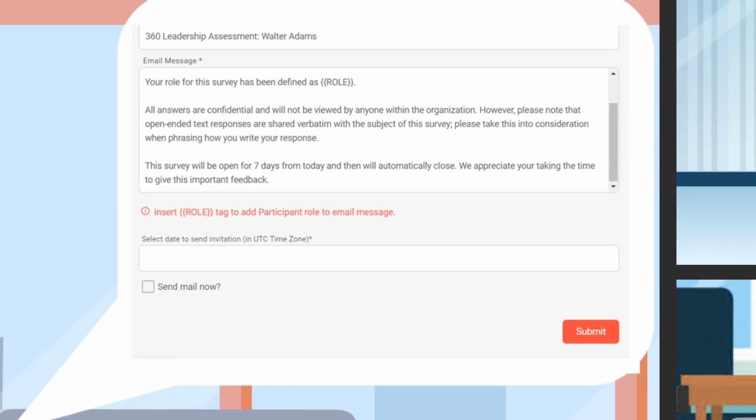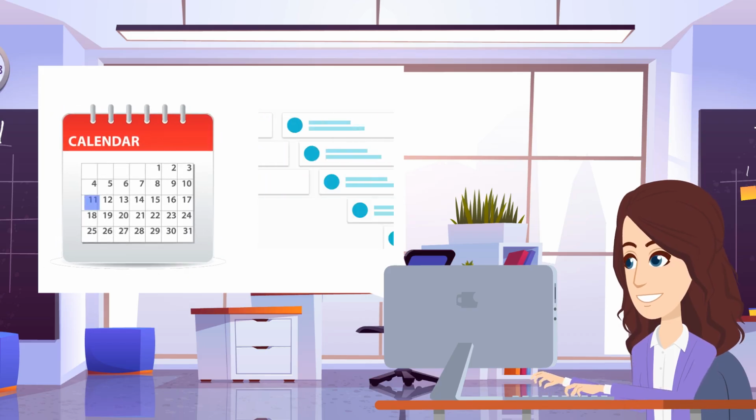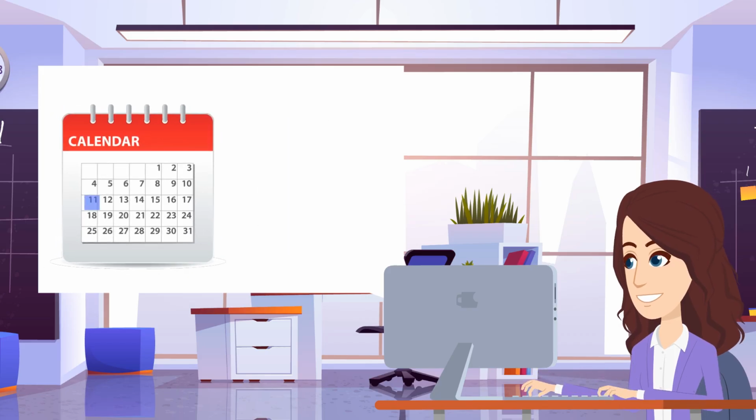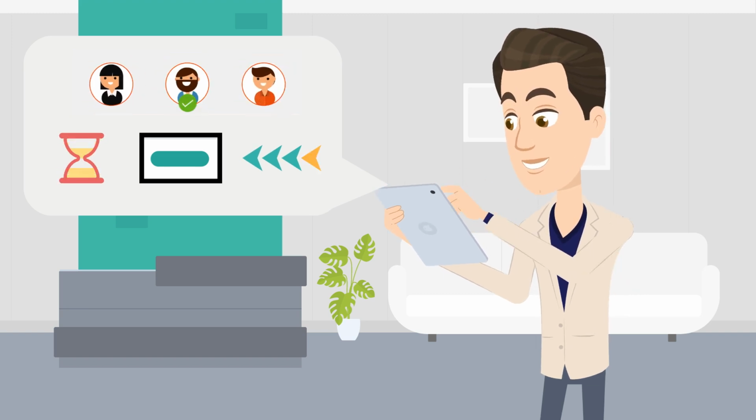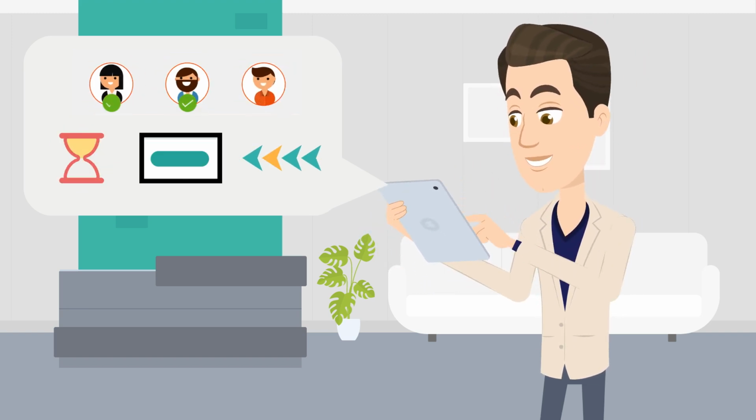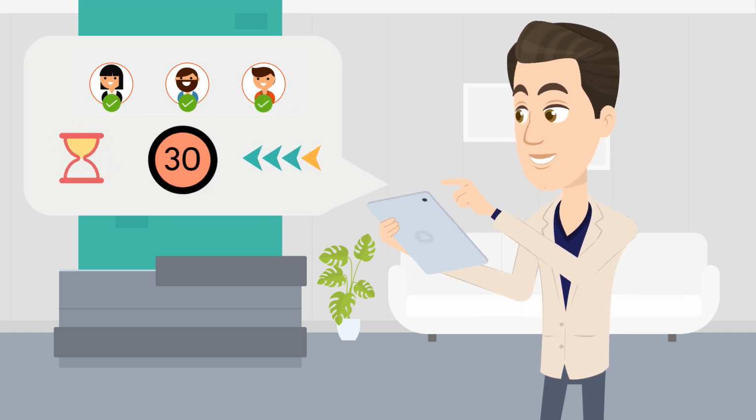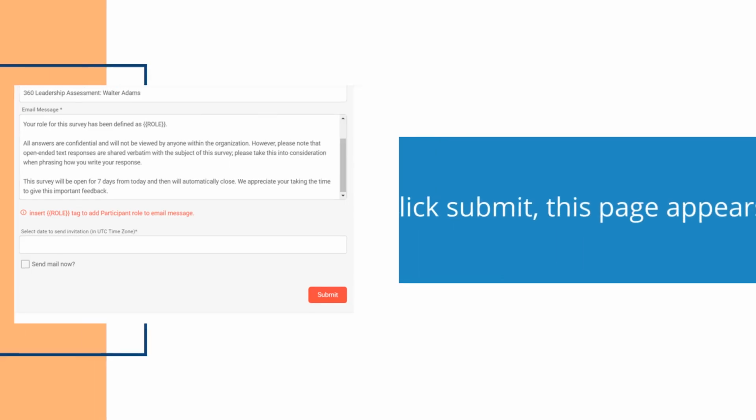Third, you can choose a date for the survey invitation to be sent using this calendar function, or choose to have the survey link sent immediately. Note that it may take up to 30 minutes for a survey link to reach the recipient. Once you click Submit,